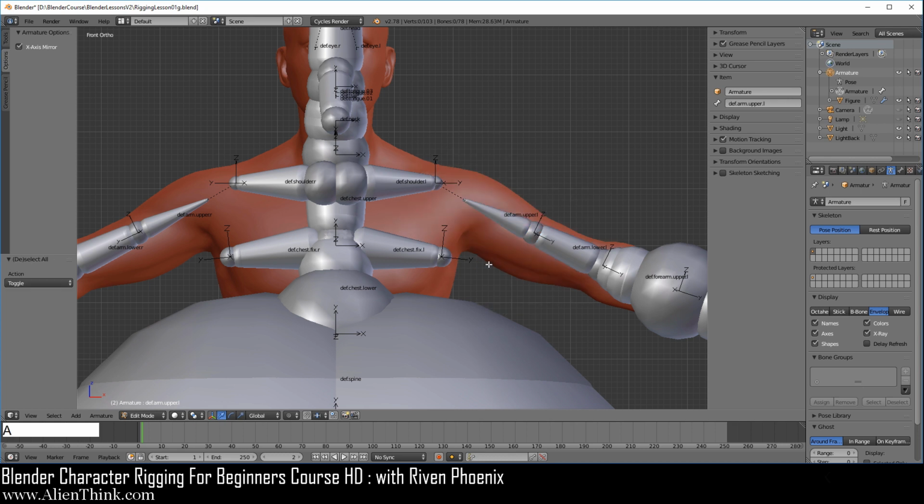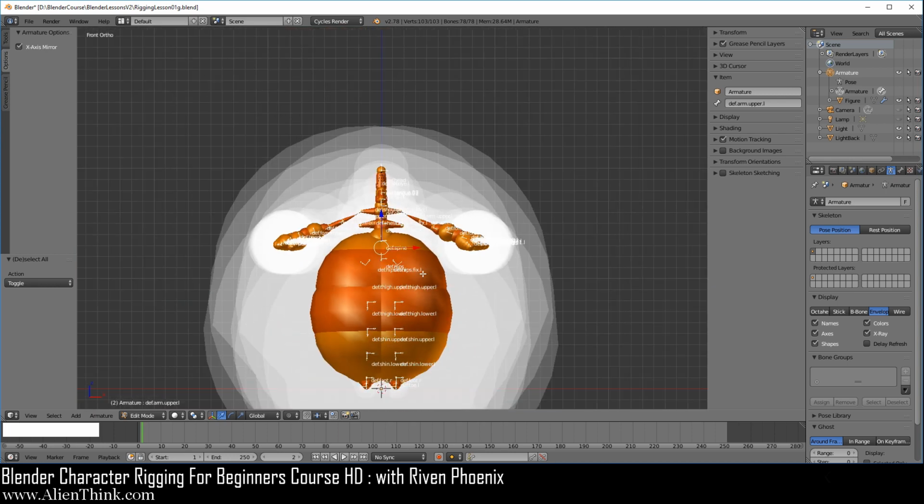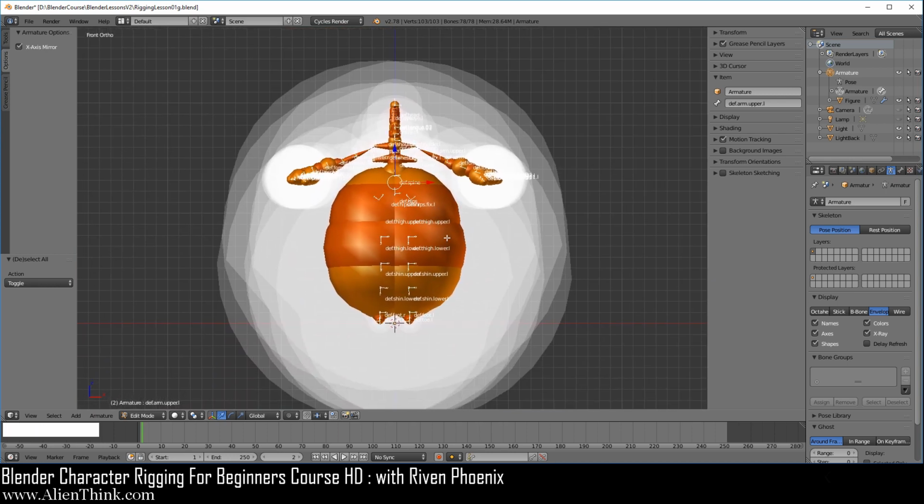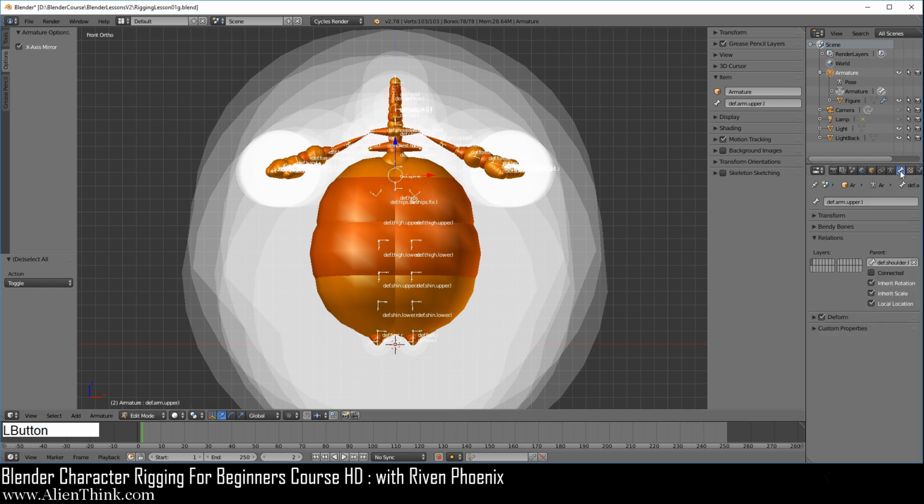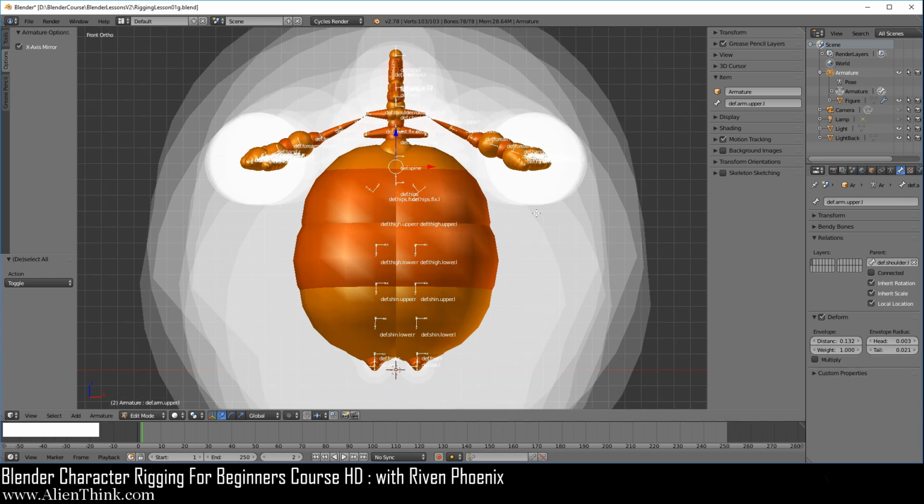Go ahead and press A to select all the bones and go ahead and zoom out, Shift middle mouse button over here. Now, if you actually go to the bone tab over here, and where we have this box checked, deform, if you open this up, you can see that it's talking about bone envelopes. So wherever you see this white space, this is what the distance is. And the weight is basically the influence the vertices will have if they fall into this distance. And this is simply the radius of the head and the tail. Okay, so we're going to understand this.